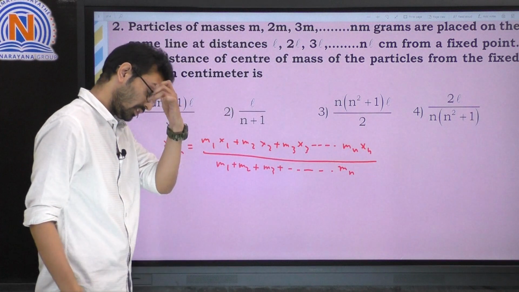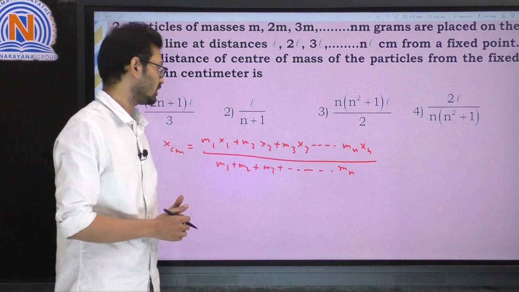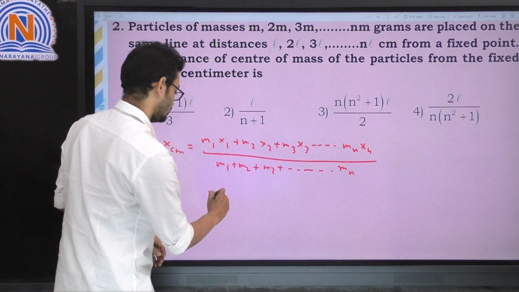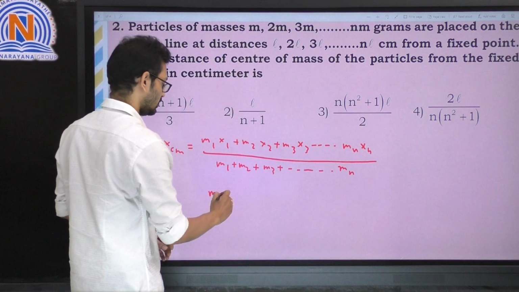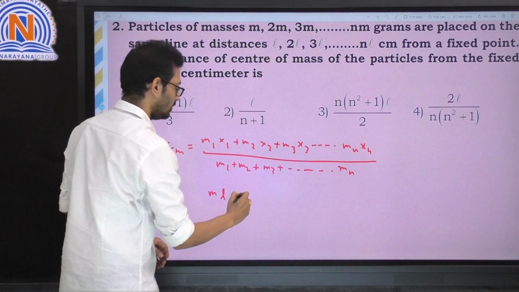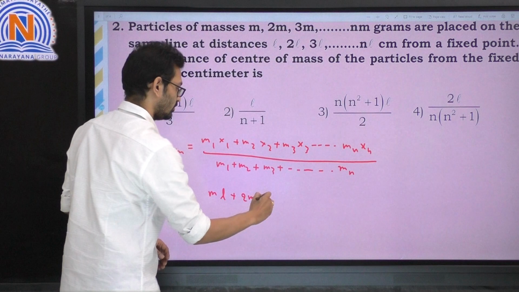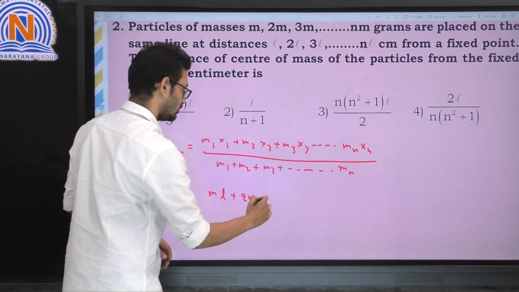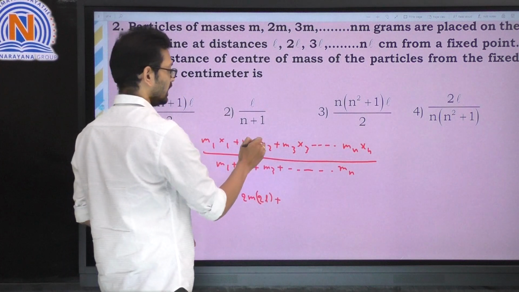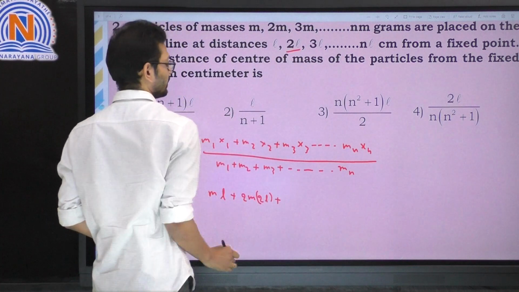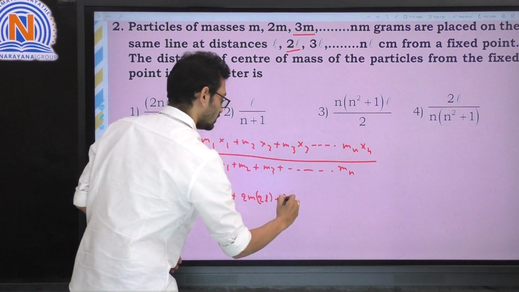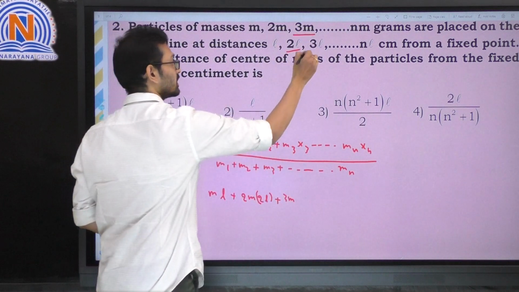Now m1 is taken as m, x1 is taken as L, plus m2 is taken as 2m into 2L, because x2 is taken as 2L, m3 is taken as 3m and x3 is taken as 3L,